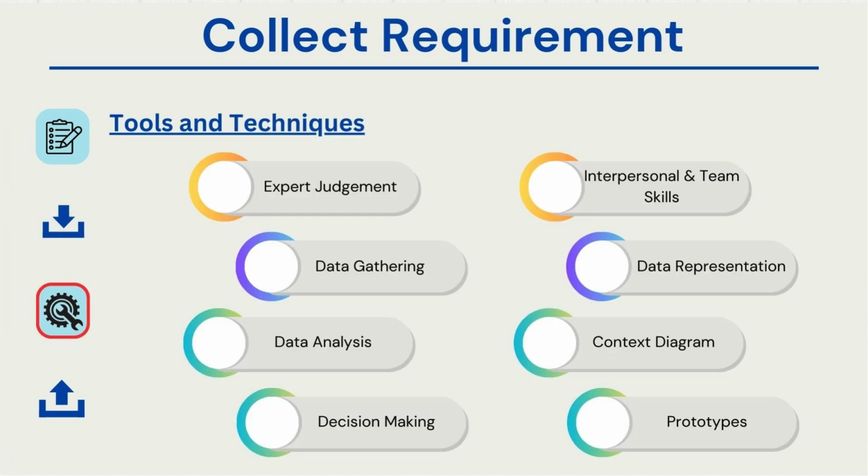Now, what kind of tools and techniques would help me when I start gathering requirements on the project? One important tool is expert judgment. I would reach out to people who have done this in the past. I would talk to them, try to understand their perspectives and learnings, and engage them in order to gather scope. For example, a business analyst would be one of the best examples. We have people who have been working in business analysis for a few years, and they know how to conduct certain workshops, facilitate group discussions, and conduct surveys or interviews. I would reach out to them to gather data.